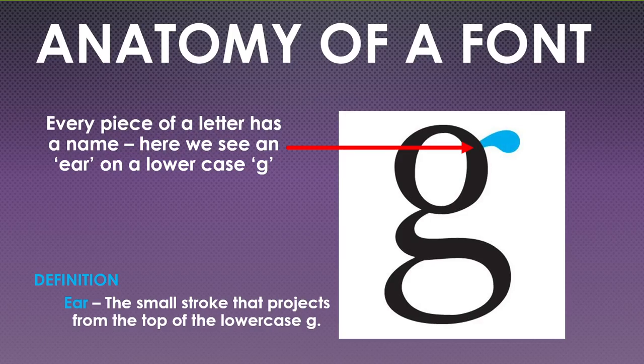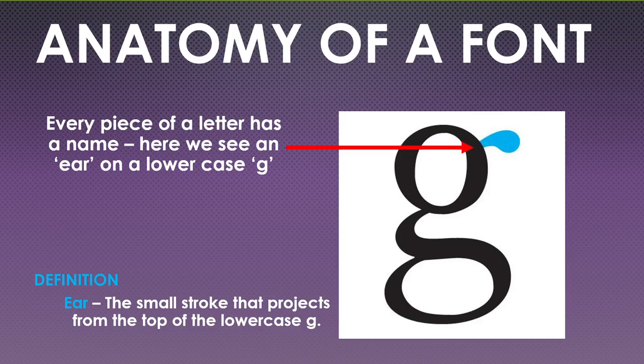Right, okay, so we're moving on to anatomy of a font. Let's have a look at the anatomy of a font. Each part of a separate font has all different names related to it. A good example of this is on a lowercase g. I can't remember which font this lowercase g is from, but you'll see it has something called an